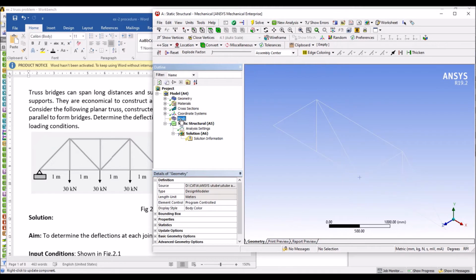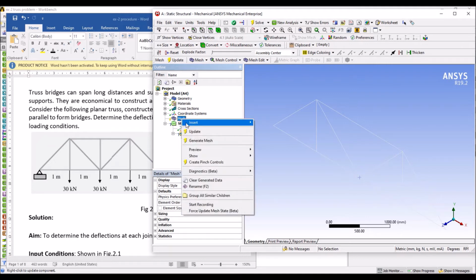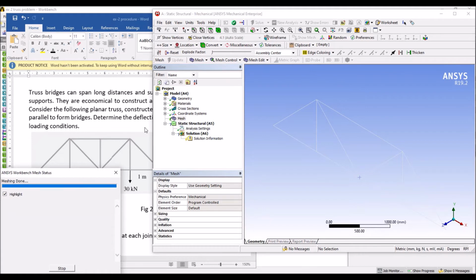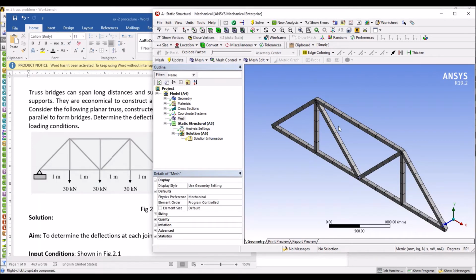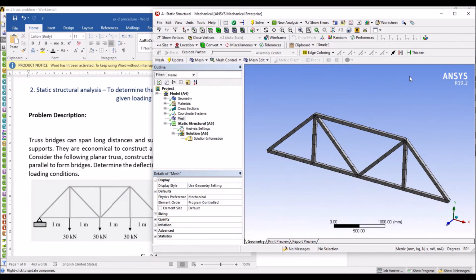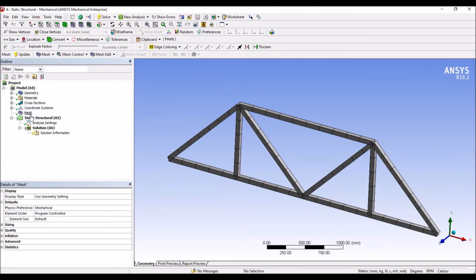Next we need to do the meshing. So generate the normal meshing, that is click on the mesh, right click and generate mesh. So the mesh is created as it is. If you want, you can change the mesh sizes. Here I am going to change the mesh size to 10 mm. So how to create the mesh size? Click on the mesh, right click,